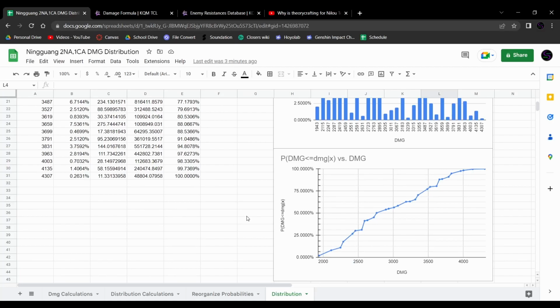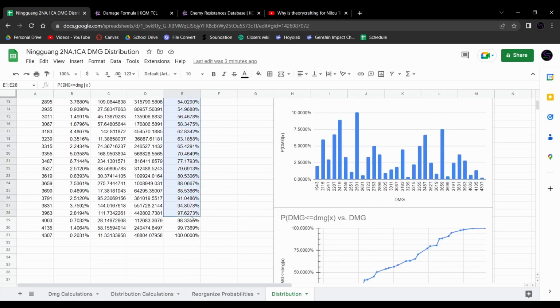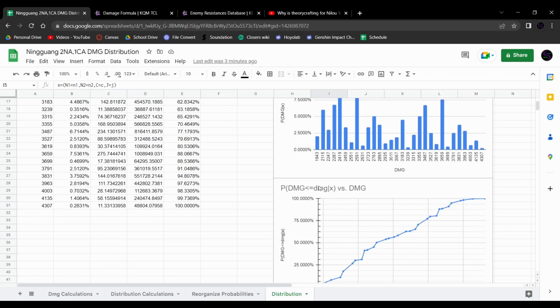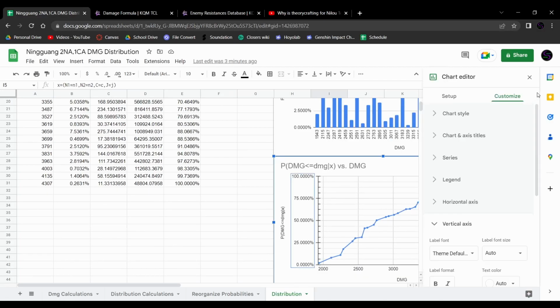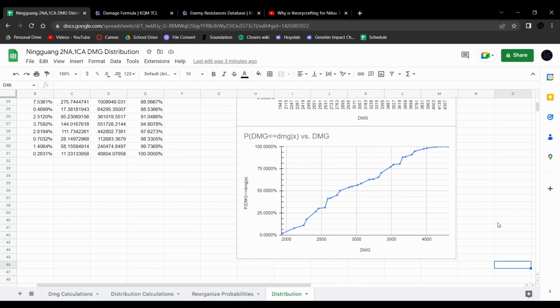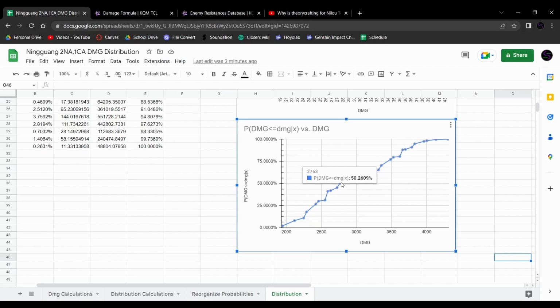Well, I found a really interesting thing here. We can also write something out in terms of the cumulative probability distribution, which basically says, given a specific damage, I add up all the probabilities leading up to it. It's basically the probability of getting that damage or lower, assuming this sequence. You can see it right here: the probability of my damage given a specific sequence, x, which we mentioned is the sequence. About 50% of the time, I will be doing 2,763 damage or less. But another 50% of the time, I'm going to do more than that, with a maximum of about